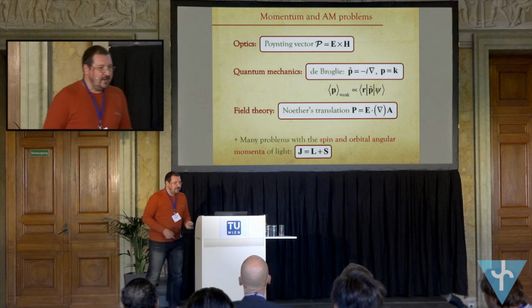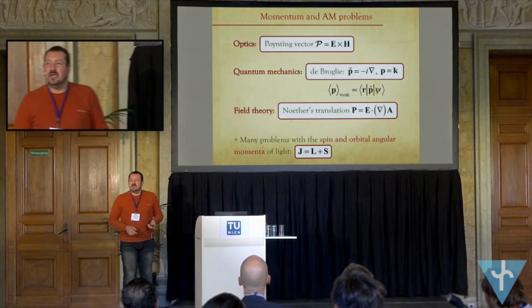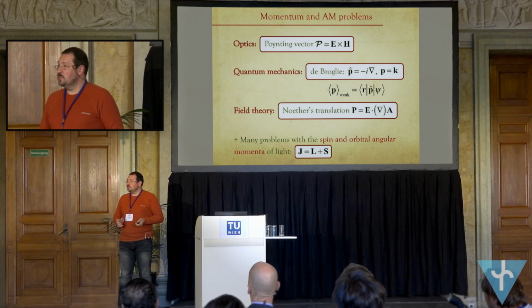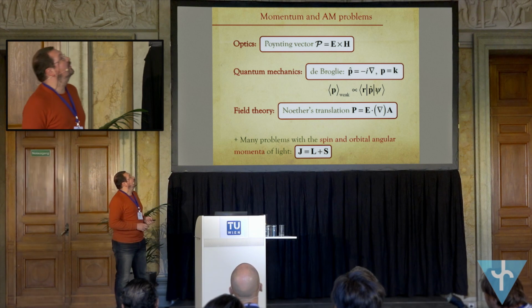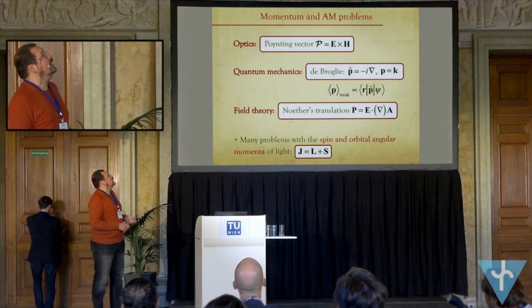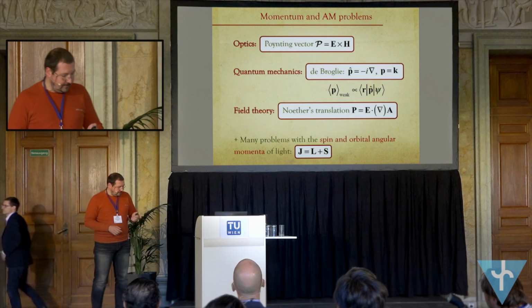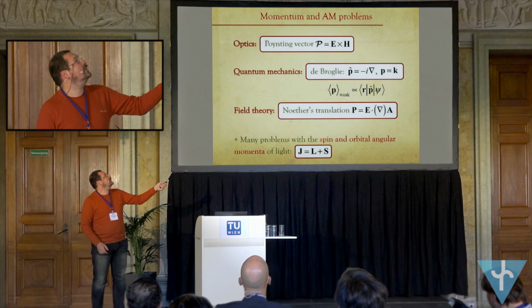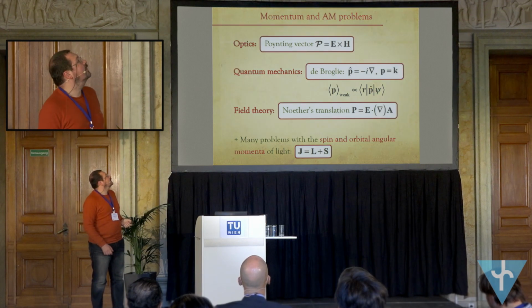Okay, so the motivation of my work is the following. Let's start discussing the main properties of the photon, which are momentum and spin, momentum and angular momentum. And for momentum, in classical optics, we can open any textbook, and it starts with the Poynting vector, which looks very simple, like a cross product between electric and magnetic field.